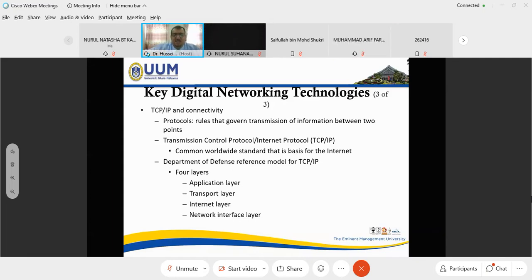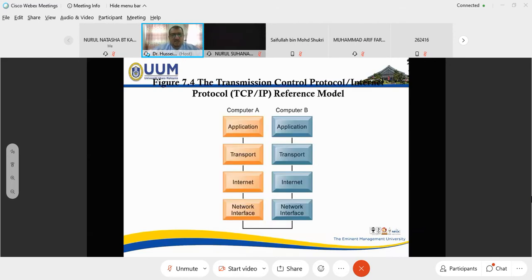When I send you a message, for example a WhatsApp message, my phone is A and your device or mobile is B. I follow these steps, like WhatsApp for the transportation. I have to have internet and a network interface. In the same way, you cannot receive a message otherwise. The message should go through the network interface, internet, transport, and application. These different layers are programs that can be arranged in different forms.